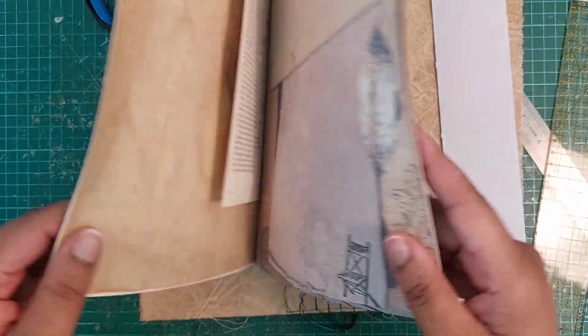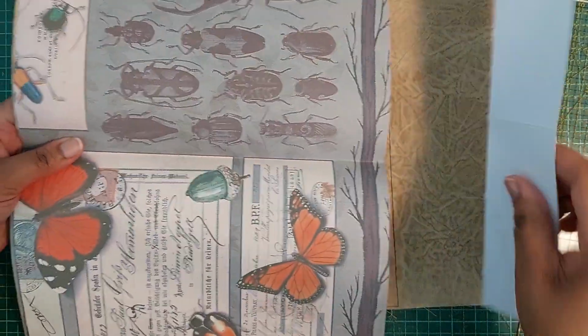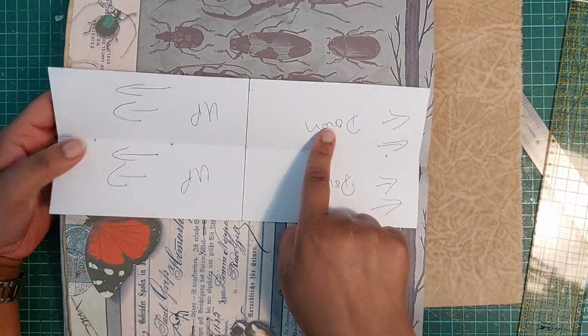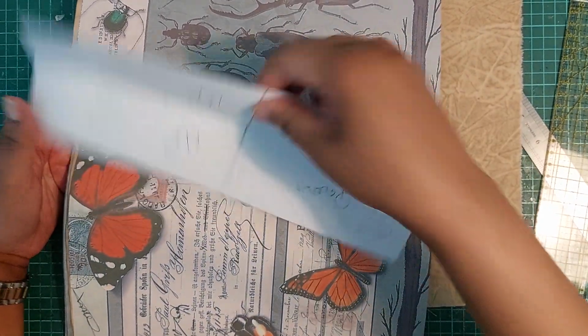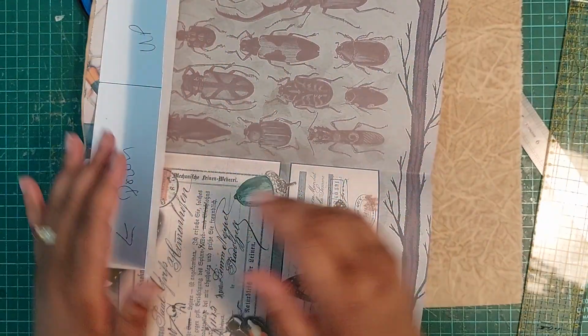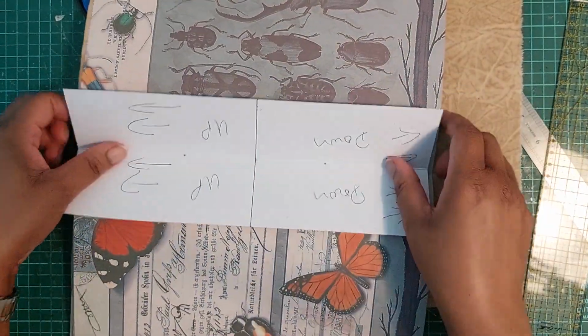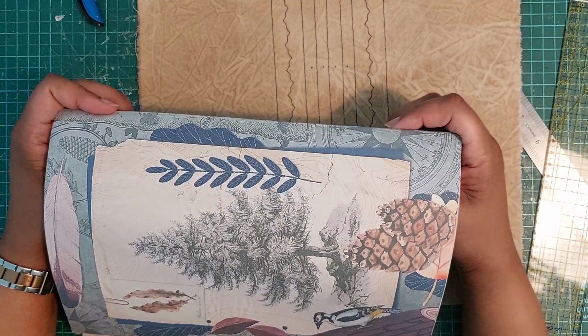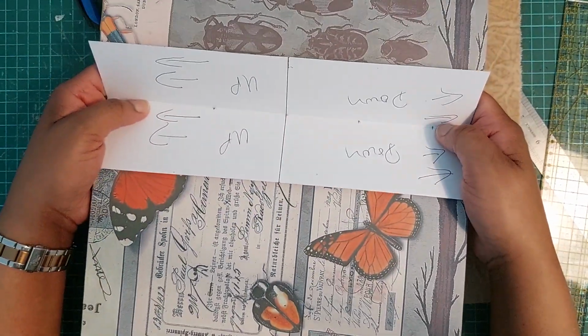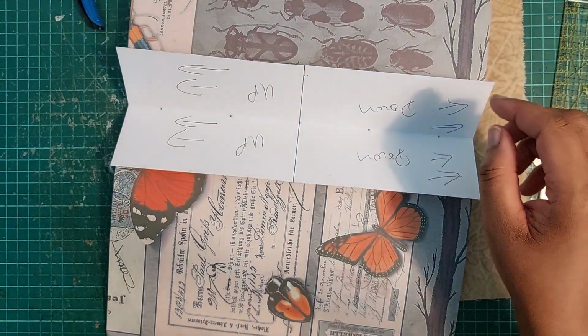What I do is, as you've seen countless times, I always say up and down, because somehow that matters. If you have many signatures and you keep switching from this side to this side, they are not going to be straight for some reason. So I say this is up, so this will always be up, and this will always be facing down. And I put it here in the middle, and I secure it with my